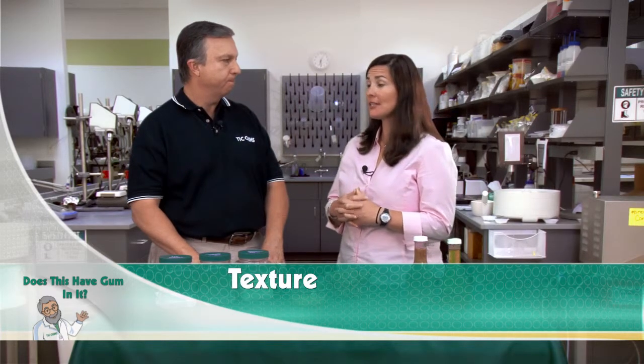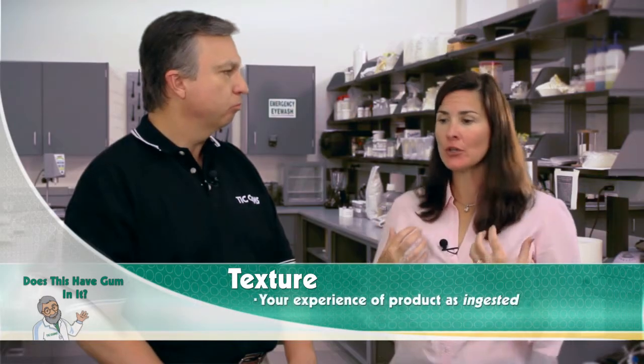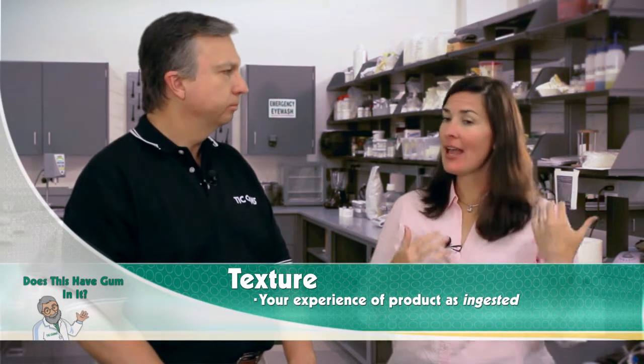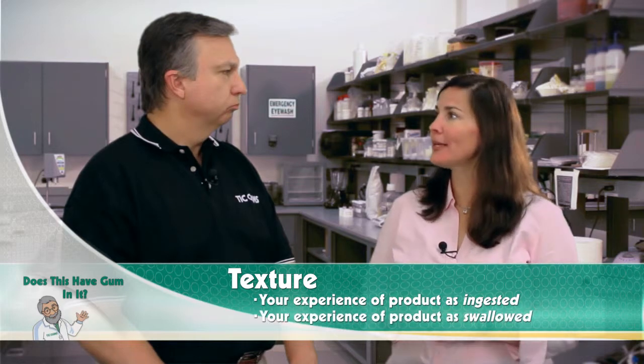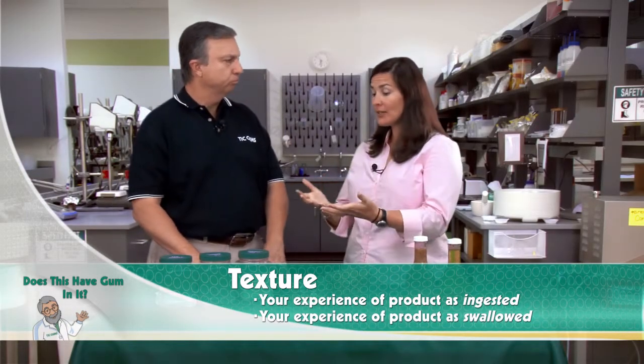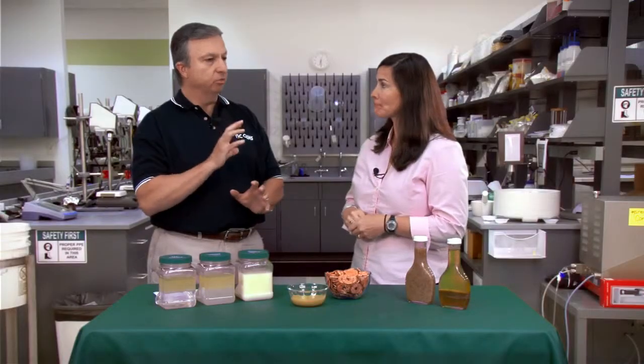Well, texture certainly is your personal interpretation of what that product does in your mouth, and then ultimately what it tastes like as you swallow it. But we want to make sure that your experience as you look at the product, when you first put it in your mouth, and then as you swallow that product, actually performs exactly as you would anticipate or has a wow factor for you. So when we take something away, and let's talk about fat,